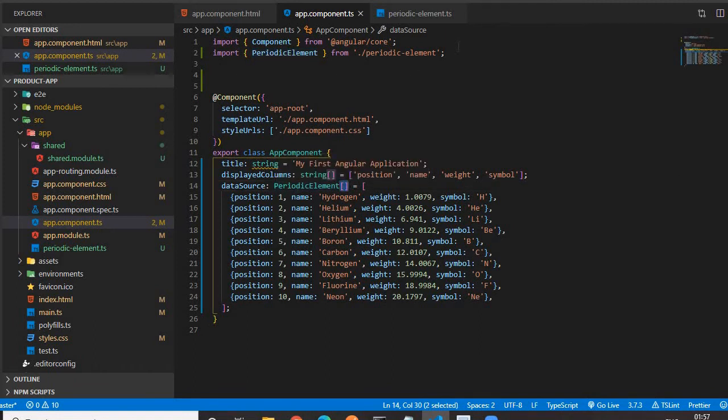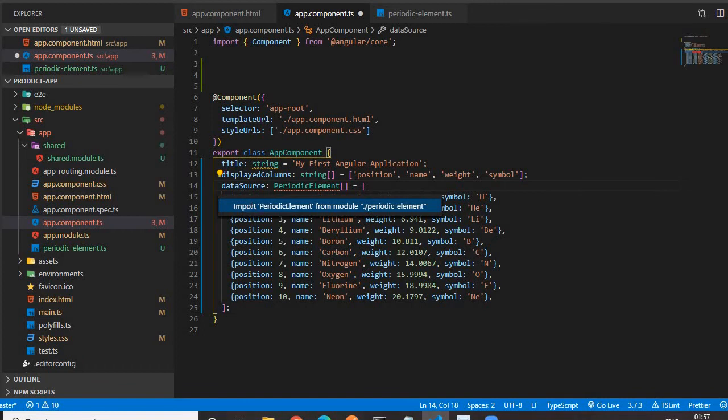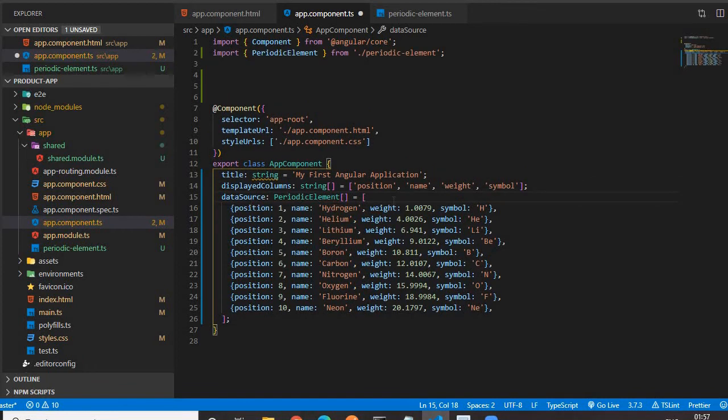Let me remove this import statement for you. Once you write the interface name here, you will get an error, like an underline. This is an error because we have not imported it yet. So just click on that name, then click on the bulb icon, and click on import. It will be imported and the error is gone. In this way we can define our custom type for an array of objects. Even for a single object we need to define a custom type. For the rest of the things, predefined types work.